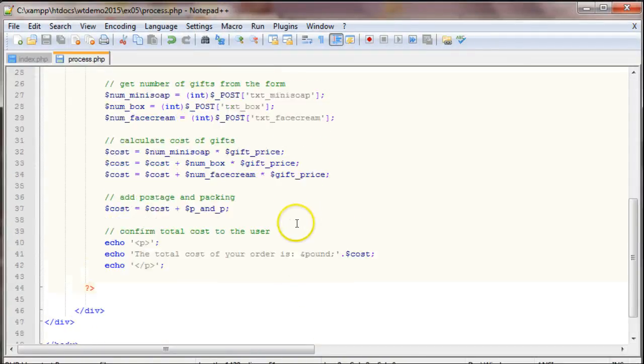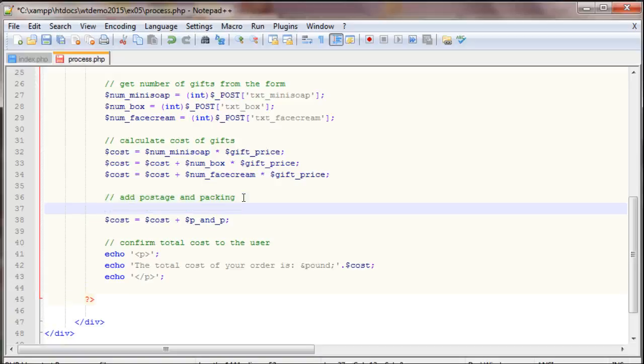I just need to adjust this postage and package. What we can see here is that postage and package is added all the time. So what I need is to introduce my if statement, so that if the cost of the gifts is less than £25, then I am going to add postage and package, otherwise I'm not going to. So I can type my if statement. So if the